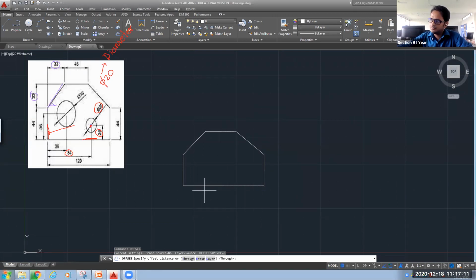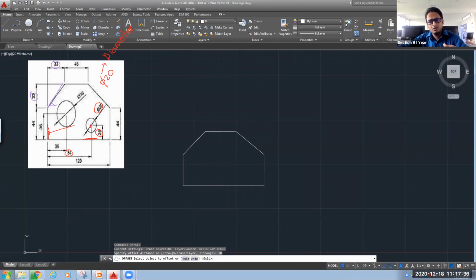Okay, suppose we have this line and I want to offset this, means I want to make another line similar to this line at a certain distance. So that's why it is asking you to specify the offset distance. So here, as you can see, 20 is the figure. So I will make the first offset distance 20.